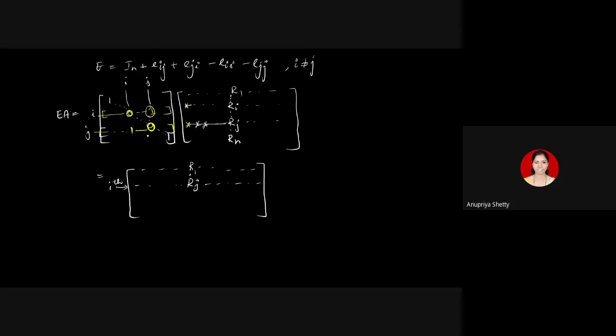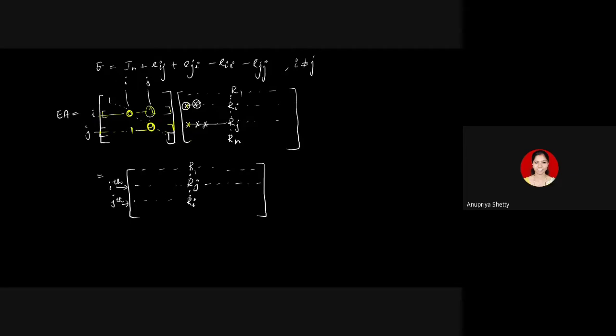1 gets multiplied with this, plus 0 into the other entries, plus this 0 into the star, etc., plus zeros. So everything gets multiplied with 0 except this entry. So that entry will appear here. Then again you multiply the jth row of E with the second column. What will happen? 1 again gets multiplied with the second entry of Ri. So that entry will appear here. So I will get in the jth place the ith row of the matrix A given to us.